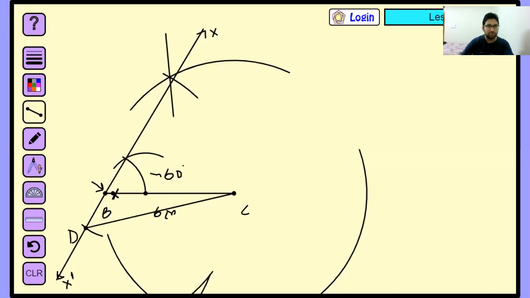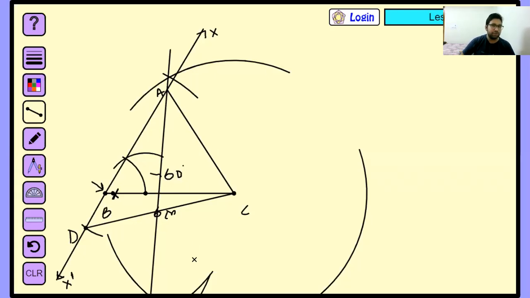Join this. Somewhere here it will come, again in the dark valley only. It needs some space to be drawn properly. So somewhere here we will get the bisector. Yes, it is a dark area, we cannot see. Suppose this is the midpoint. So we will call this point A on our required bisector, and we will join this A with C, and this is the required triangle.